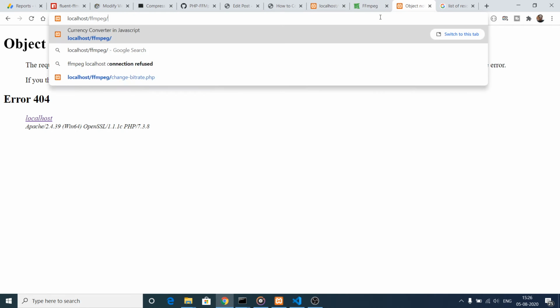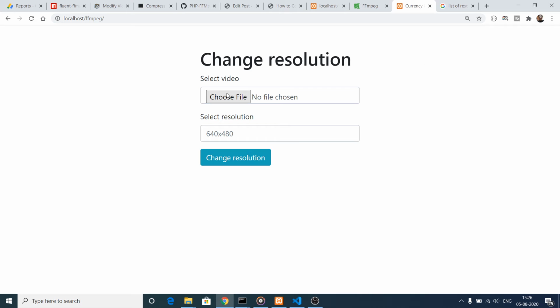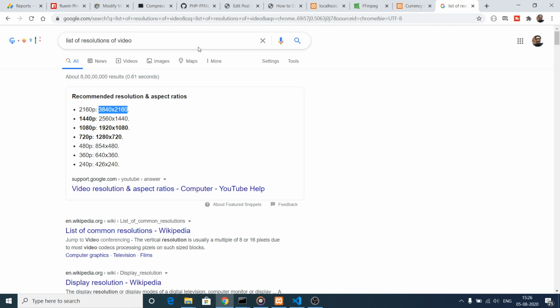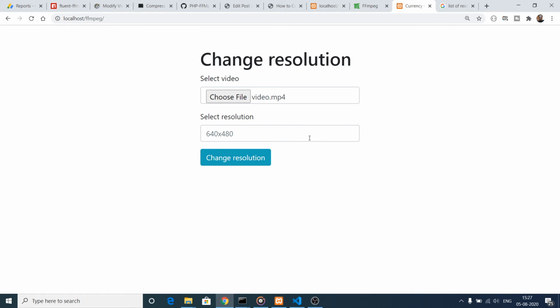So once again, if I go to the home page, select the input file and put this resolution, click on change resolution. Now it will typically take some time to change the video resolution to match the resolution that the user has provided. So just wait.